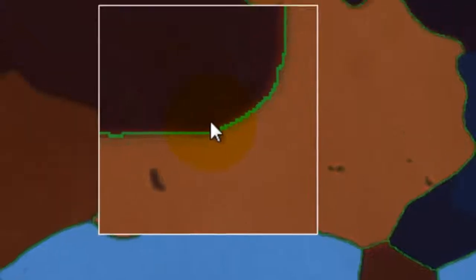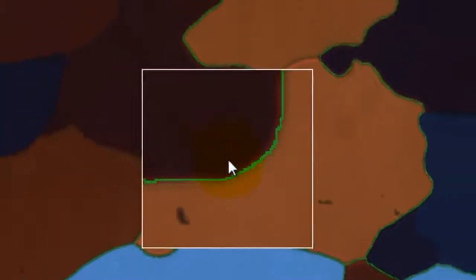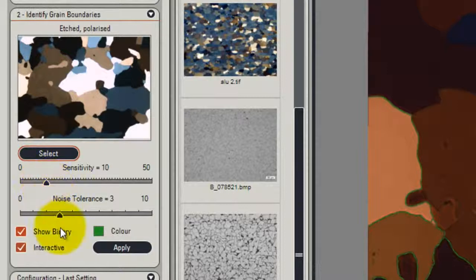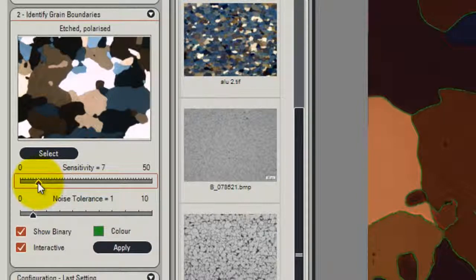If I press the Shift key to identify, you can see that the boundary has been drawn in green. In this area, the green boundary is not shown. And also in this area, the boundary between the grains is not shown. So I need to make some simple adjustments to these two controls. So I reduce my tolerance to the noise in the image, and I reduce the sensitivity, and you can see now the grain